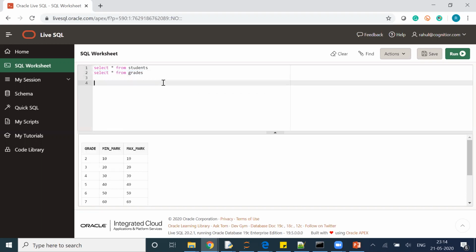Now we need to create a query which will take care of the problem which we have. First of all, I will create a query which will give me the desired columns. The columns I'm looking for at the end of the report are the name, the grade, and the marks. So James wants only these three columns. So select name, grade and marks from students table